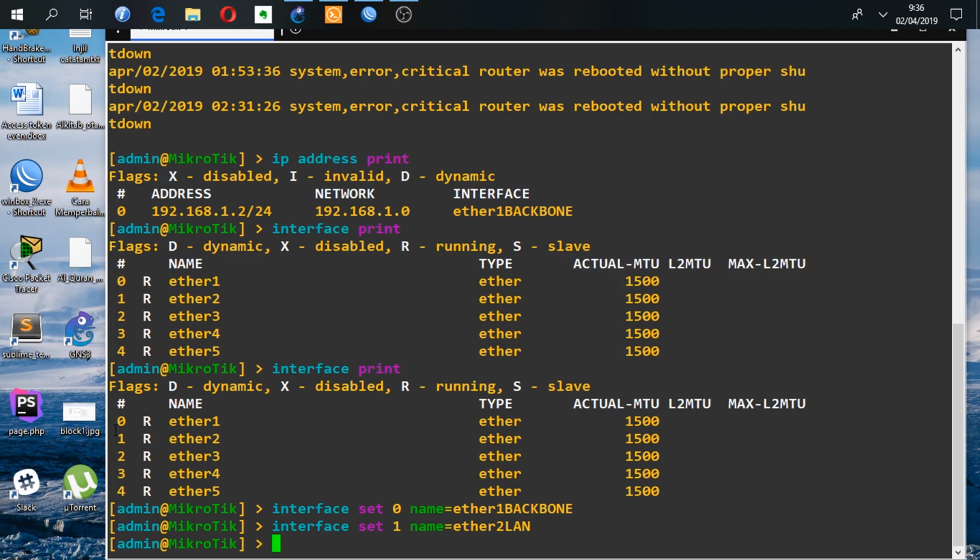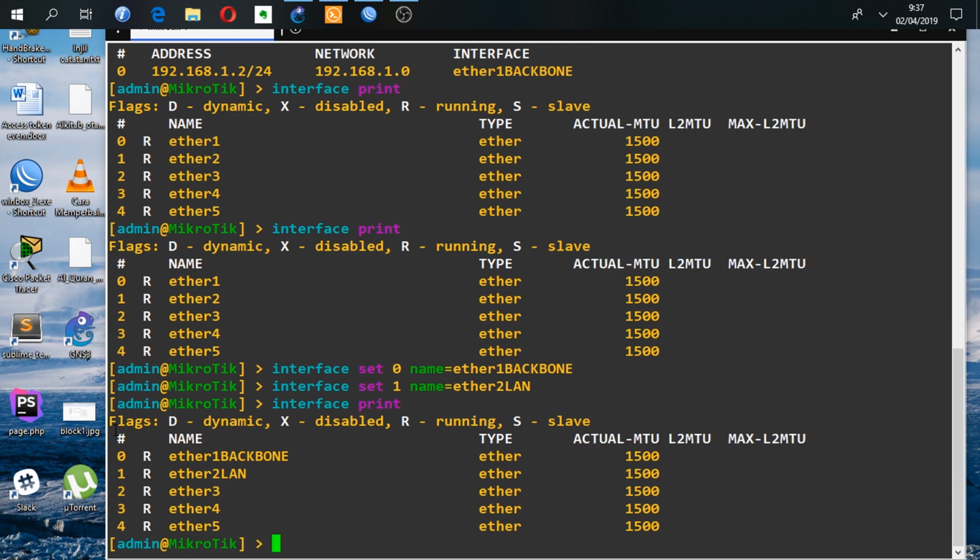Okay, I have already replaced Ether1 and Ether2 with different names. After that you can check again whether the interfaces have the new names already. The command you can use is interface print. Yeah, you can change the interface name to suit your will.